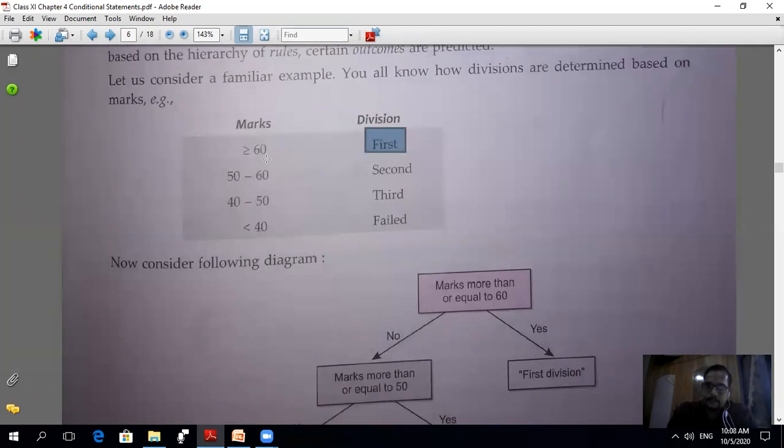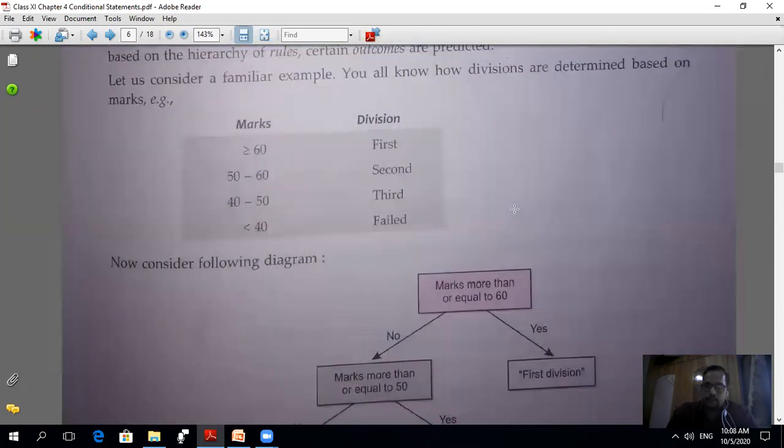Otherwise, come to the second condition. Maybe they got marks between 50 and 60, then the division is second. Otherwise, 40 to 50, then their division is third. Or if they got marks less than 40, then they failed.